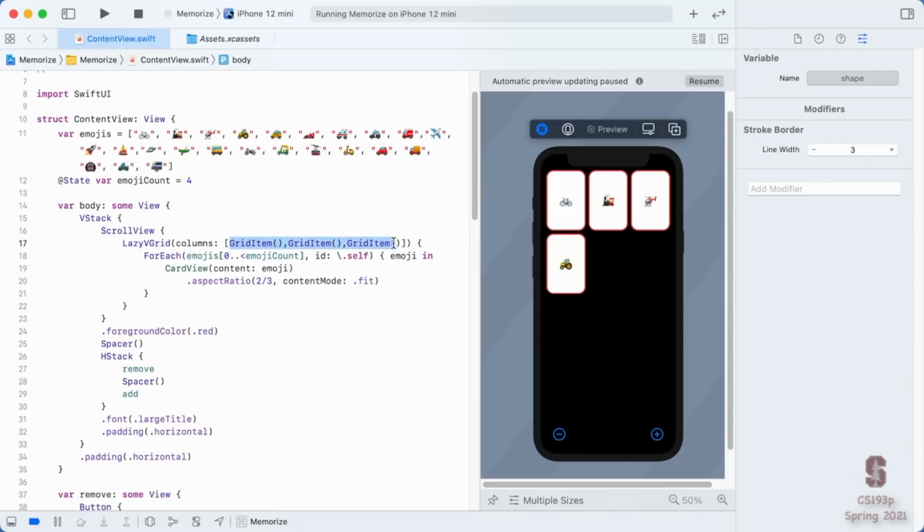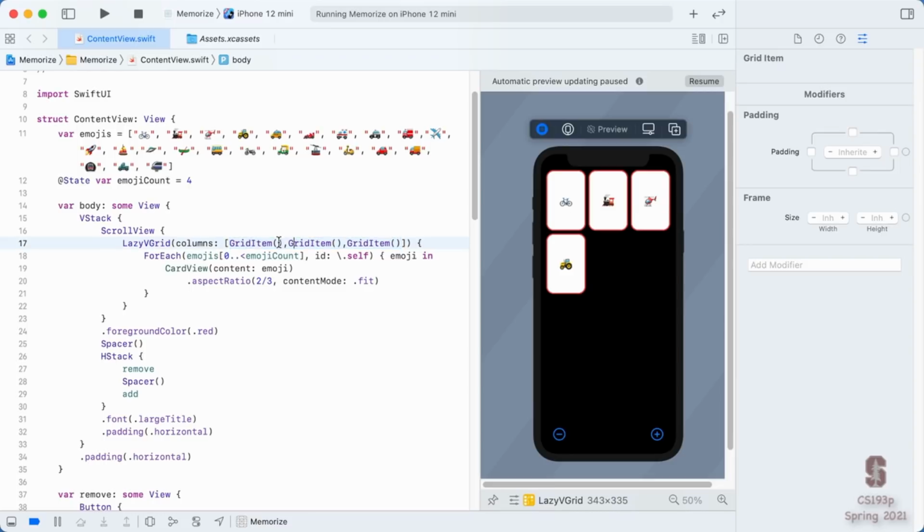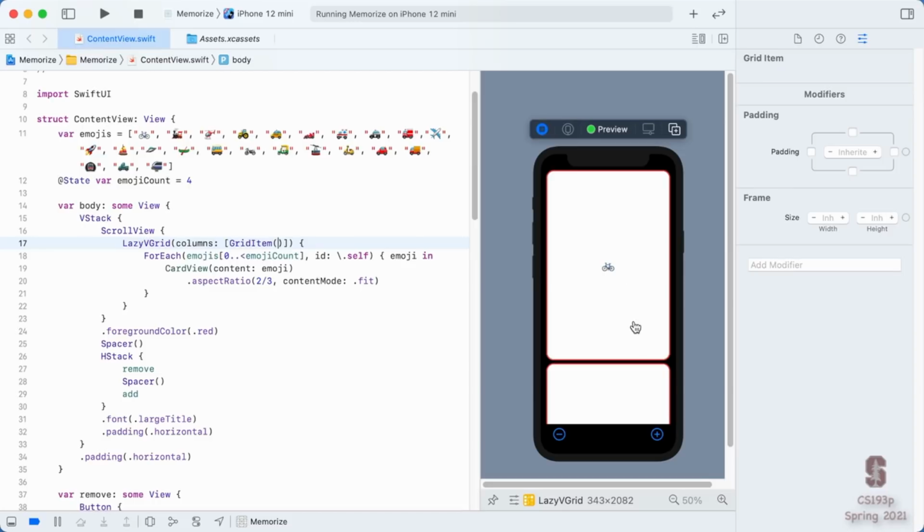Instead of having 3 grid items where there's a fixed 3 columns right here, I'm actually going to have just 1 grid item. Now, this 1 grid item is going to have a little special configuration so that instead of putting 1 card per row, so there's just 1 card, 1 column, 1 row, instead, we're going to ask the Lazy V Grid to take all these cards and pour them into this 1 column as much as will fit, then it can go to the next row. So it's kind of an odd way of describing what's going on, but we're really having 1 column, and that 1 column contains multiple items, and it just pours them in there.